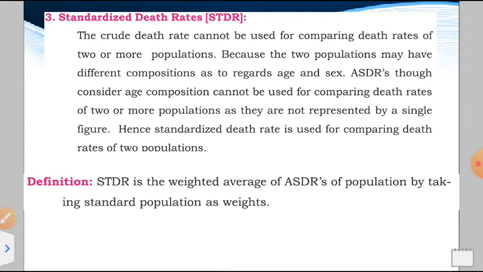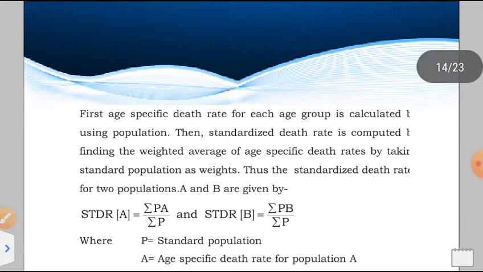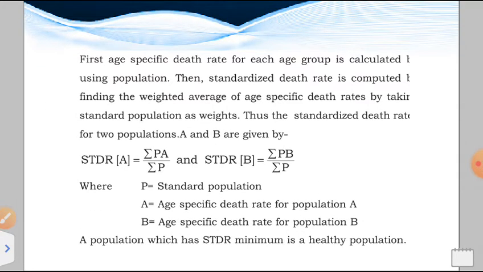For example, today if we talk about COVID-19, in a first scenario we look at how many deaths have happened in India and how many in some other country, in China, let us say. Just by taking CDR we are calculating, but the most suitable measure to compare the two populations is to consider age and sex. Correct. It means how many persons are male, how many are female. Let us start with it.